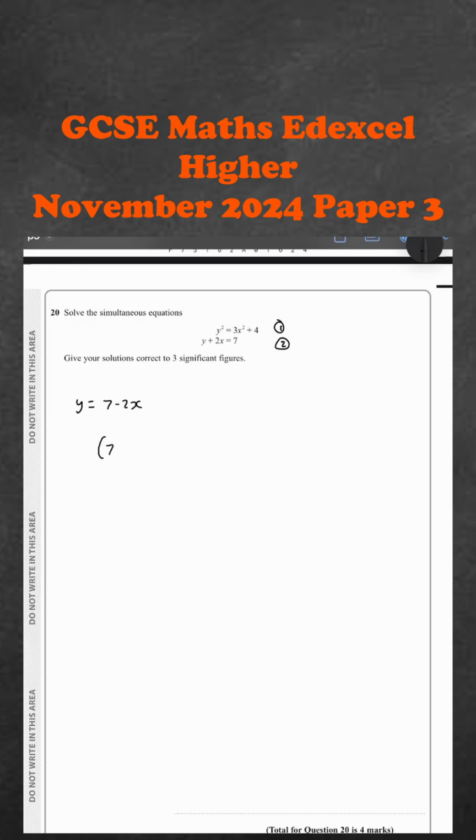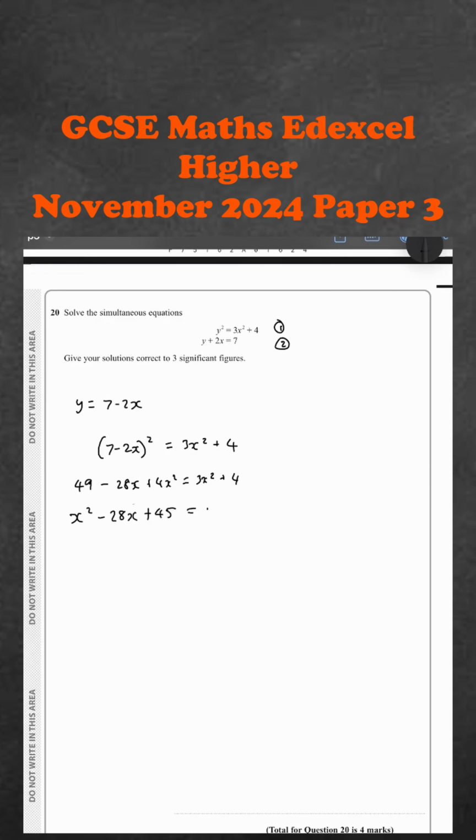So I'm then going to put (7 minus 2x) squared equals 3x squared plus 4. I'll expand this out to get 49 minus 14x twice, so minus 28x, plus 4x squared equals 3x squared plus 4. We'll simplify this out, we get x squared minus 28x